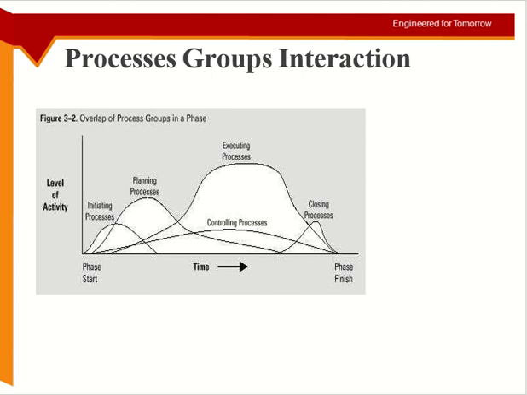Yes, but at each stage you are not putting in the same number of hours. In terms of duration, it starts from point A and goes to point B, so the distance between point A and point B is the longest for controlling. But if you count the number of hours between point A and B, it's very low. Then you go to the closing stage,